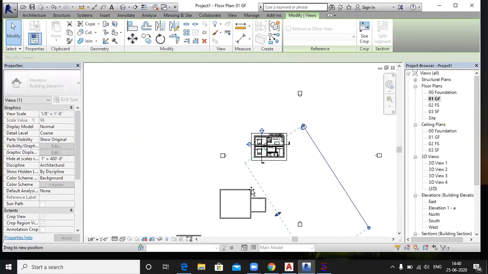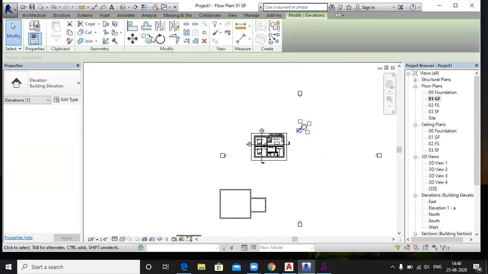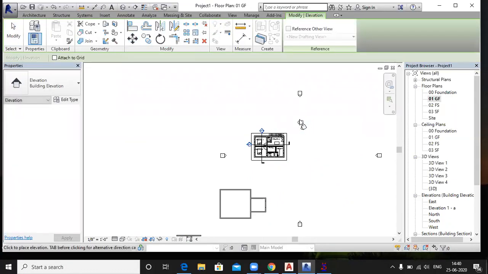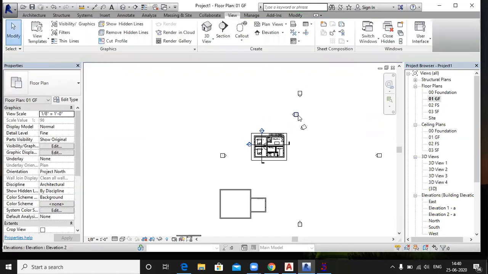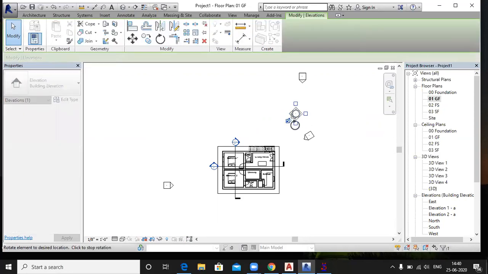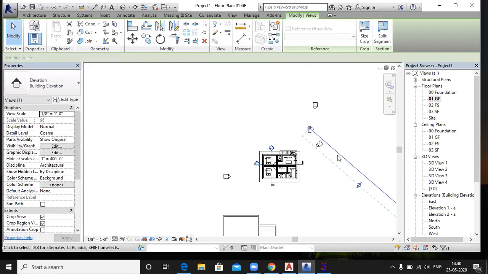Increase this view like this. That's why this is not coming. Here, select this and rotate to this direction, like this, and increase this.